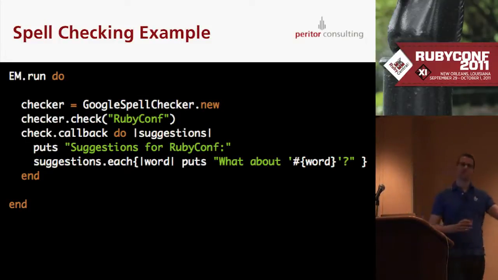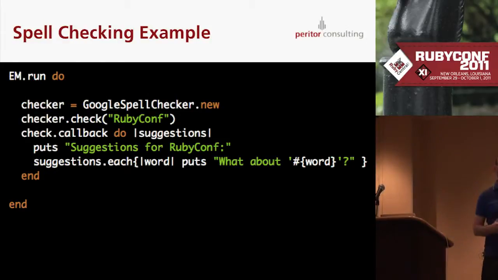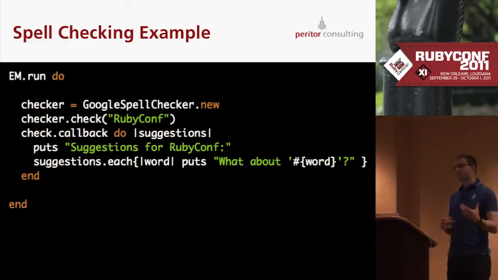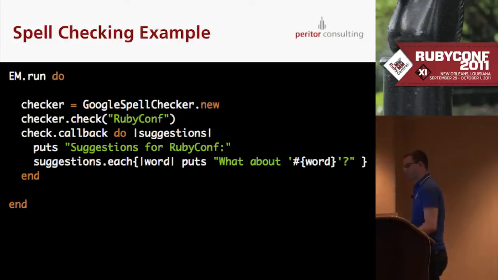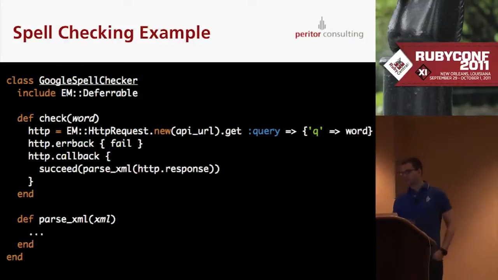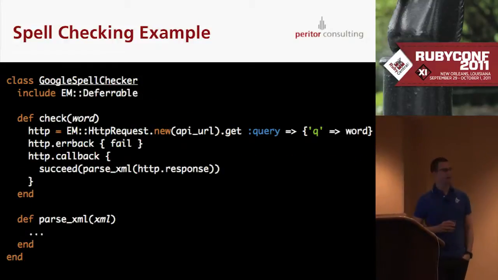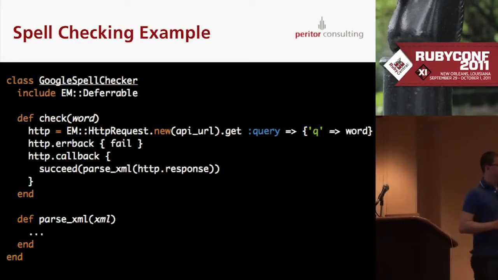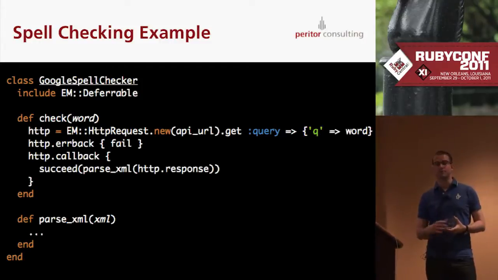But the code feels right. The code looks like it should be looking in EventMachine case, and it's implemented using deferrables. So the implementation is also very simple. I have my class that includes Deferrable. Then I have the check method that does the actual asynchronous call to the HTTP library, to the HTTP service